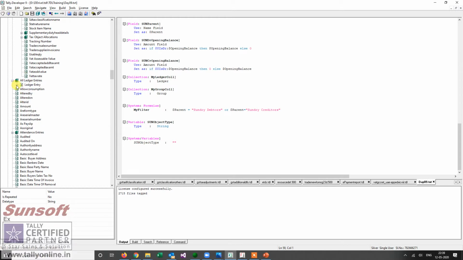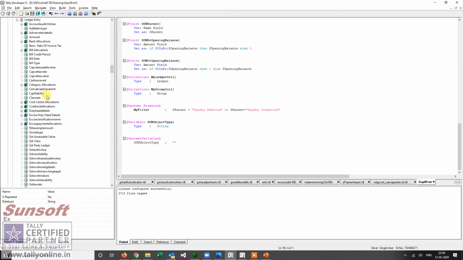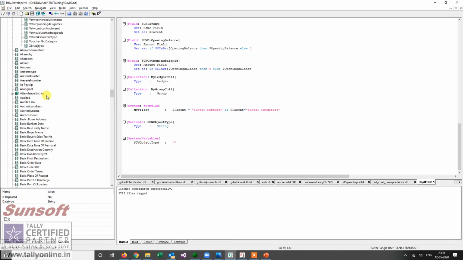Then we have all ledger entries. So the two main collections used while TDL writing are inventory entries and ledger entries. We'll see by posting one sale voucher how these entries are defined, and then we'll move ahead.